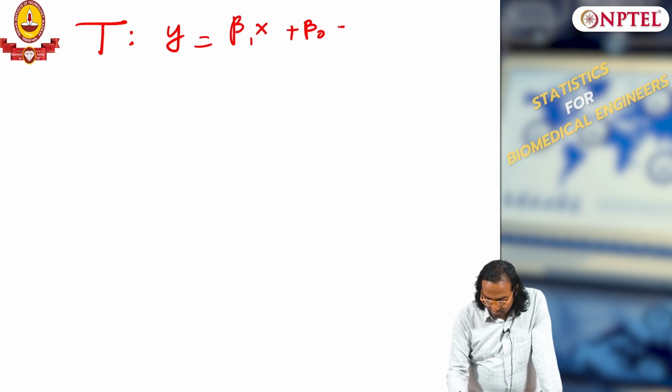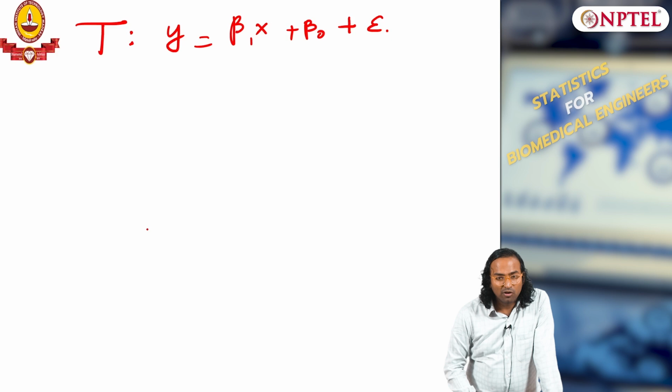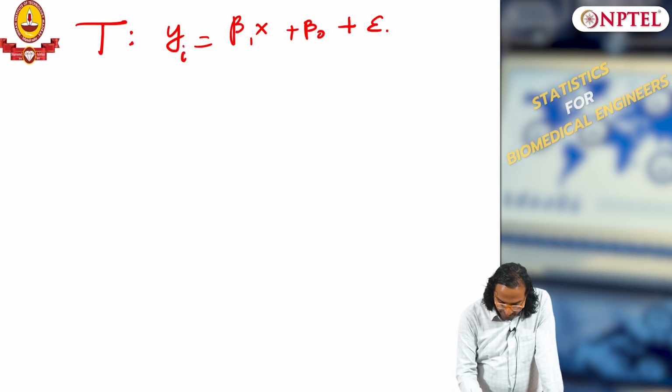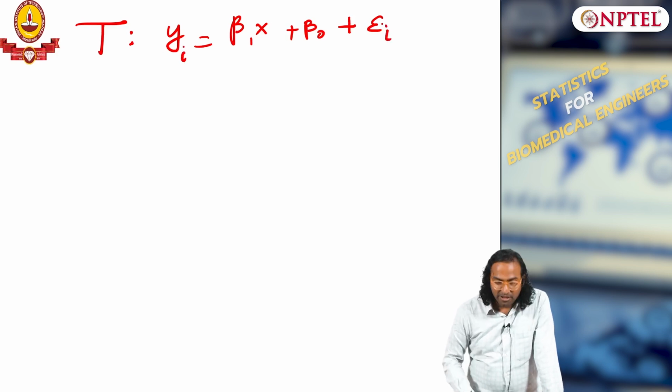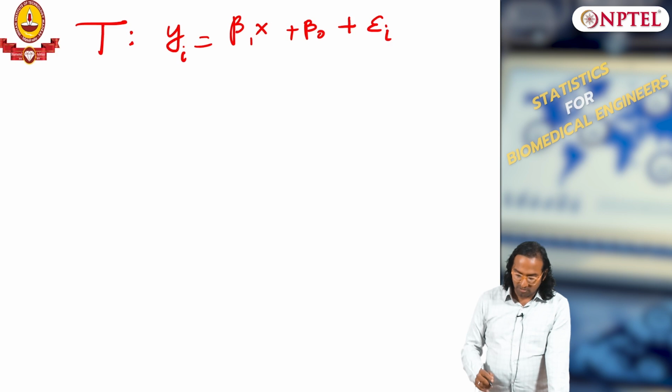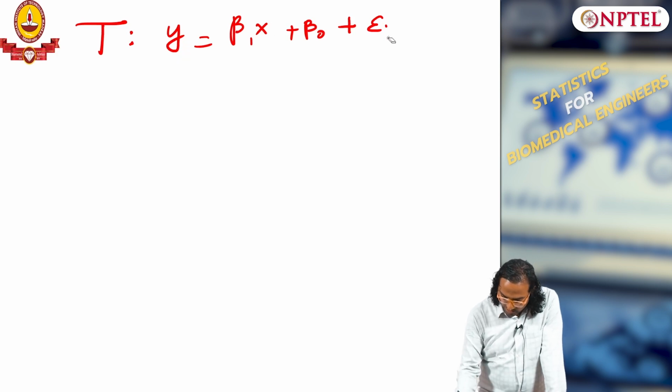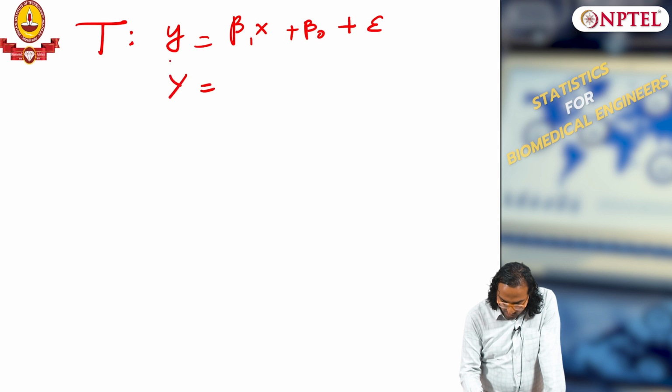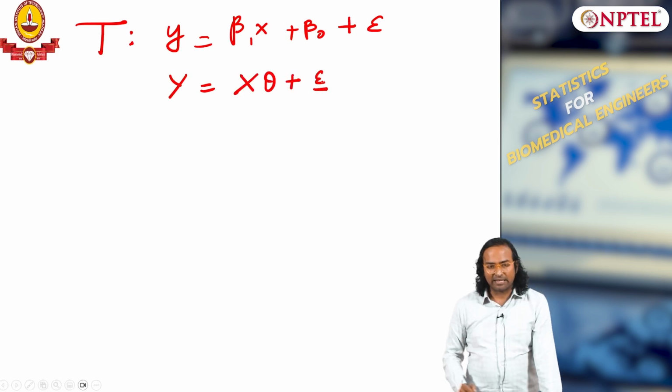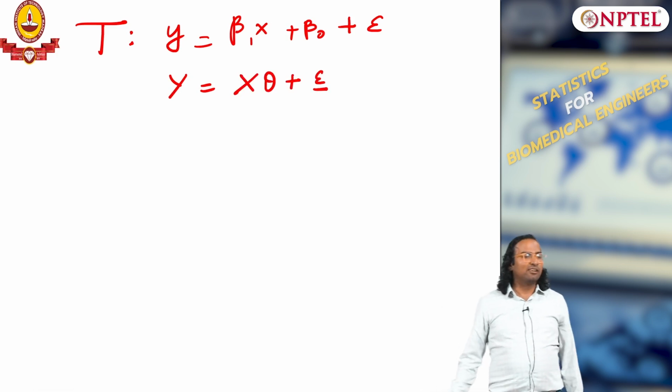but with a noise. So, if I write it as yi, it is going to be epsilon i. I will generally write it as epsilon because I have not used it earlier. Or in other words, if I write it in vector matrix notation, it is going to be, where epsilon is a vector, which is a noise.